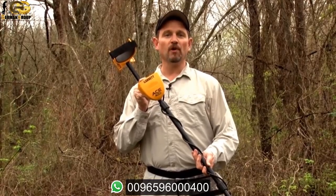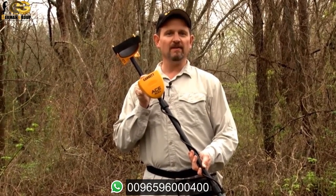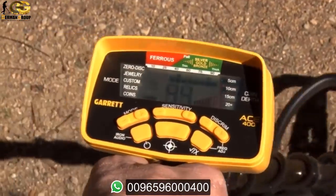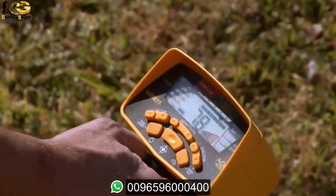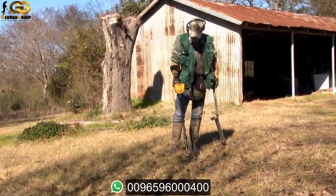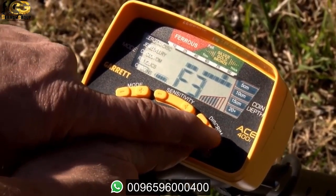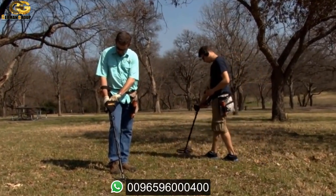This is the Garrett ACE 400i, which is ideally suited for finding international coins, jewelry, and artifacts. The ACE 400i includes iron audio to help identify discriminated iron targets, digital target ID with a large 0 to 99 scale for more target information, a 10 kilohertz frequency for improved sensitivity on low and medium conductivity targets like gold and lead, an adjustable frequency to help eliminate electrical interference or other detectors in competition hunts,